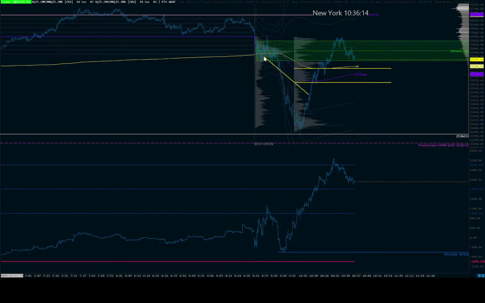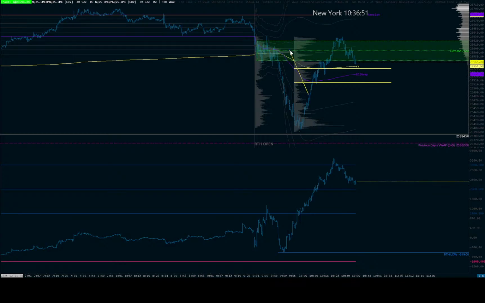We know that it's prior value because there is an agreement here between buyers and sellers just after the open, right? They're agreeing that this is a fair price, but then the sellers came in. The sellers said, no, this is too high. They pushed it down to a point to where the buyers are like, whoa, this is deeply discounted. Let's buy this back up. And it snaps up. So now price is right back where we opened at. It pushed back into this value area.